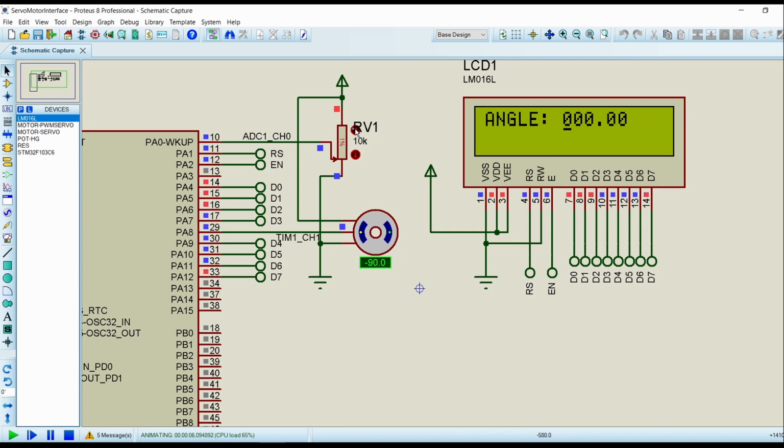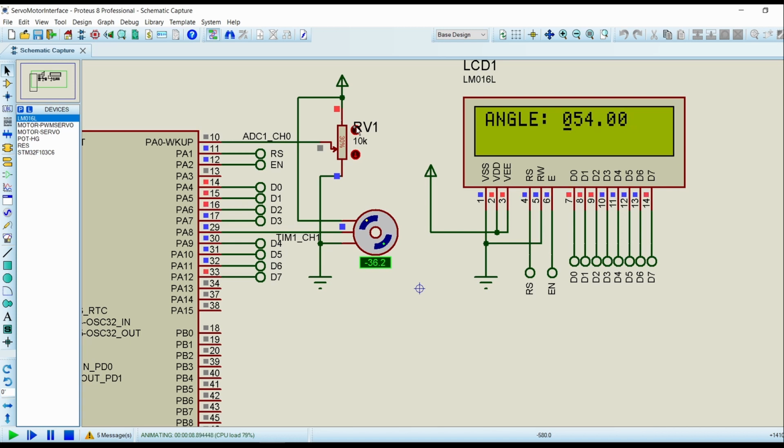Now if we increase it to 10, the servo motor will align itself to 18 degrees. If we set it to 20, it will set to 36, multiples of 18. For 30%, it will set to 54.